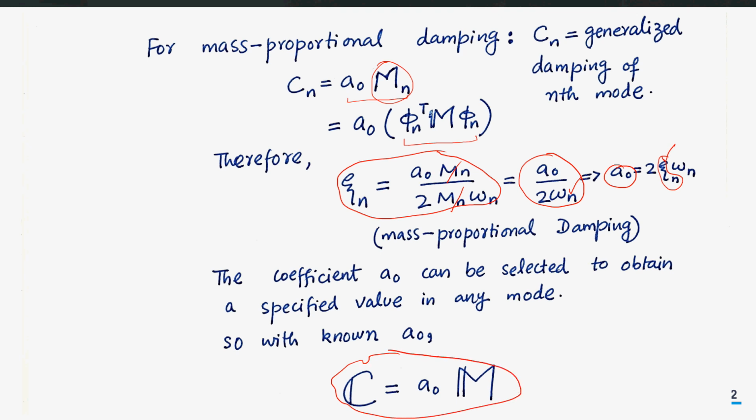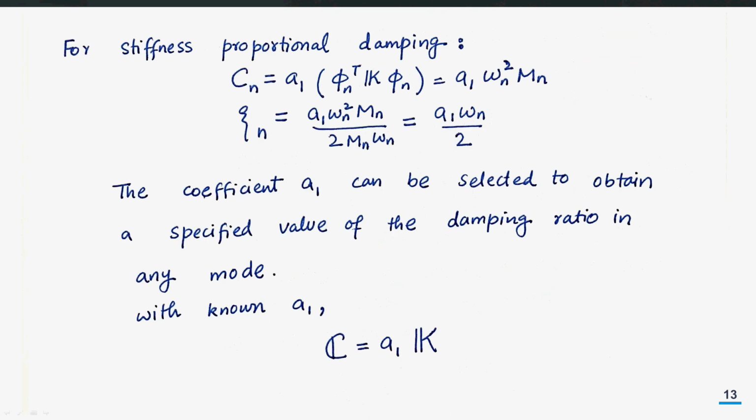That C matrix will be just A naught, which will be known if you want to set a particular mode's damping ratio to a particular number, times the mass matrix of the structure. So this is the simplest formulation for the construction of modal damping, the structure's damping matrix. For stiffness proportional damping, you will also have the same equation, the modal damping ratio, and